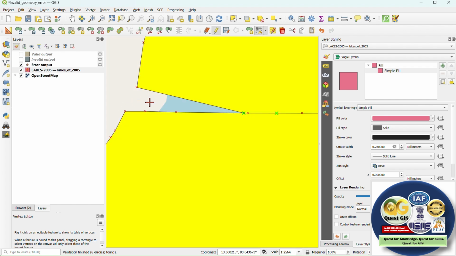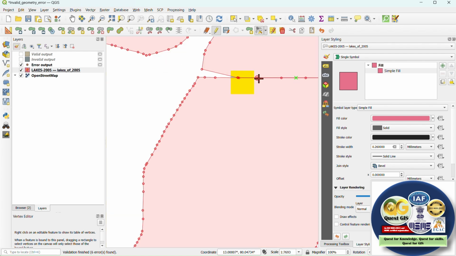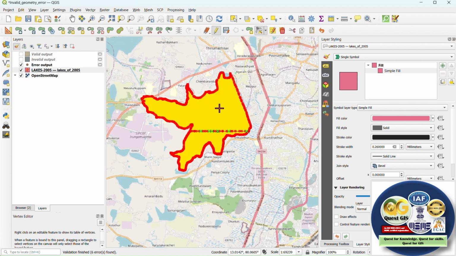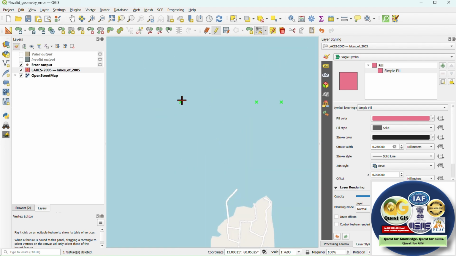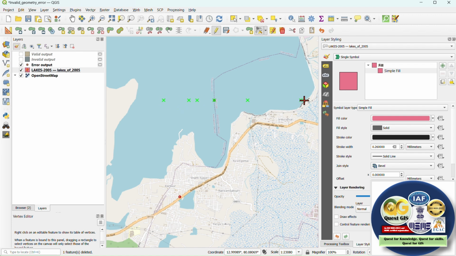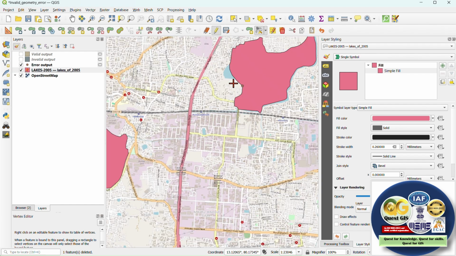It will delete your vertex, so you see, this way you can untangle it. If you want to delete the entire feature, make sure it is highlighted and click on this delete selected button and redigitize it. You see, there were so many points with overlap, and we had to shift them, and maybe it won't help you in getting valid geometry. So the best thing you can do here is redigitize this entire lake.